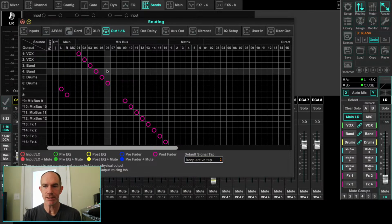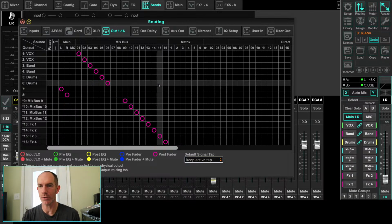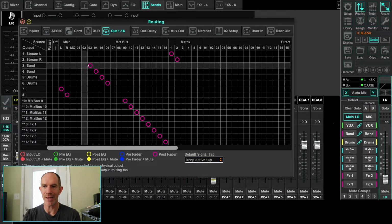So in this case, we can come over here to outs, and if we're going to use XLRs, we want to choose two of these. So if I say matrix 1 and 2 is going to be right here, what that's going to do is take matrix 1 and matrix 2. It's going to send them out output 1 and 2,